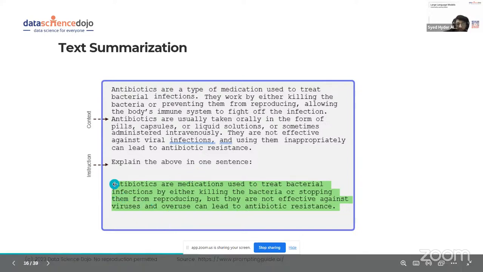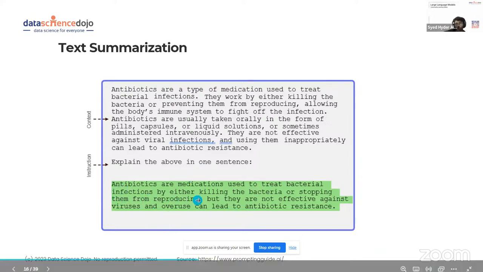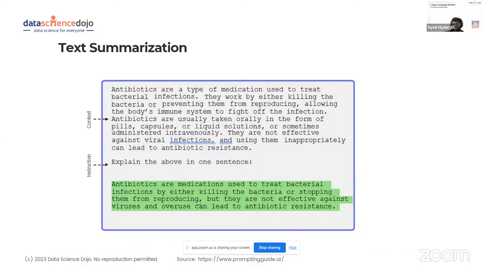You could see that our LLM did a good job of summarizing it in one sentence. But you could do it based on how you want it to, maybe two sentences, or keep it very brief and short.